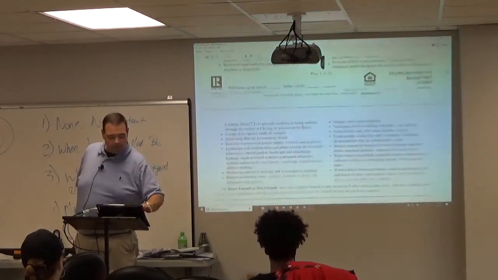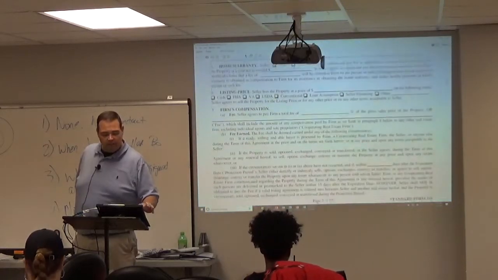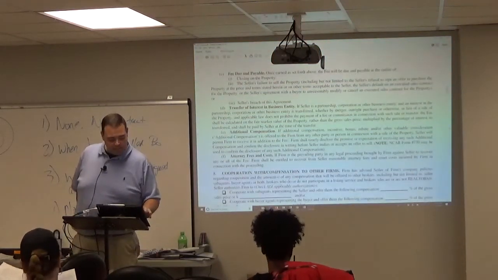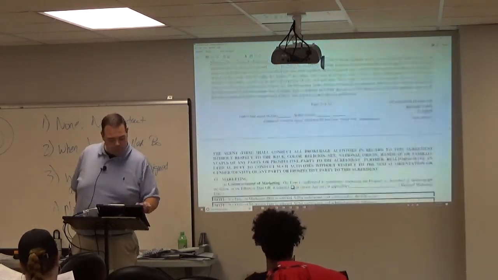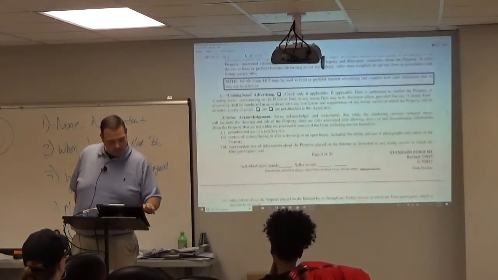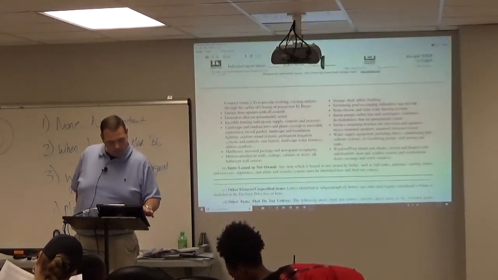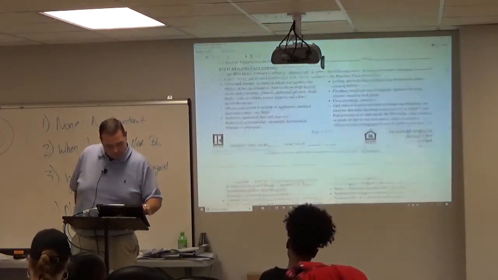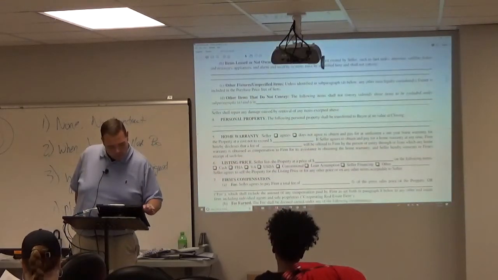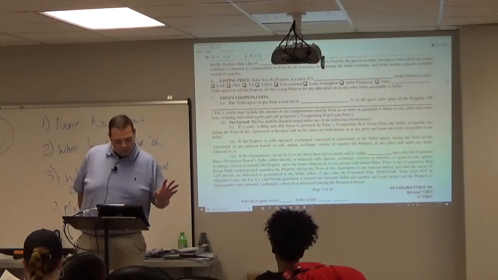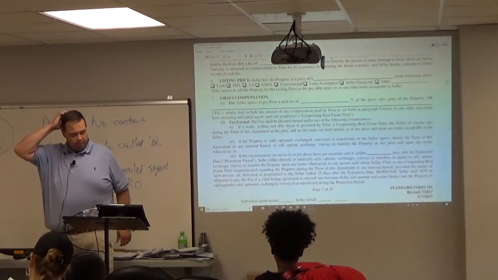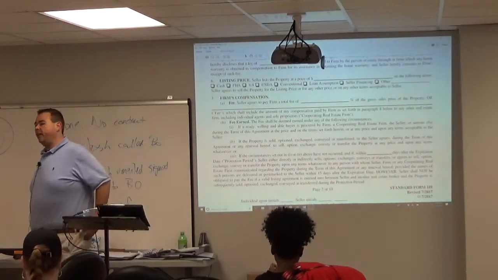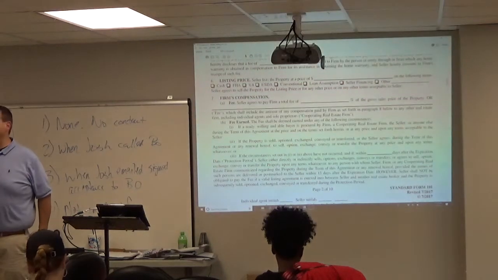So scroll down. I'm going to do some jumping around, but I want to show you where this is in the actual listing agreement. So it's on page 3, I believe. It might be on 4. Let me find it here. Actually, let me go back and make sure I didn't skip over it. Oh, sorry, it's on page 2. Bottom of page 2. Thought it was the top of page 3, it's bottom of page 2. Bottom of page 2, under paragraph 7, where it says firm's compensation. Does everybody see where I am?